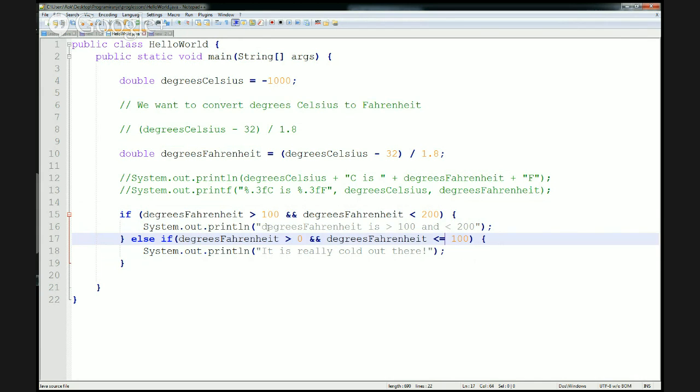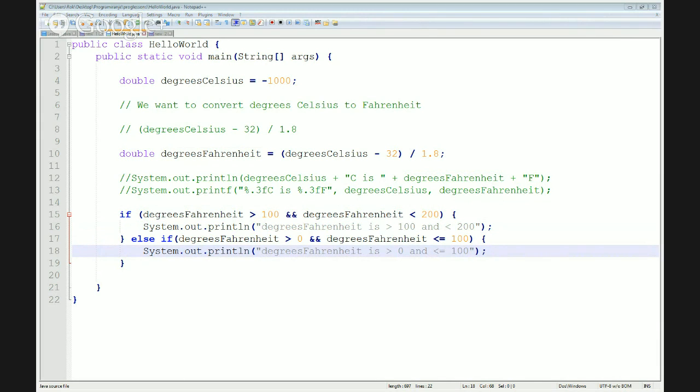So we can say degrees Fahrenheit is more than 0, and it is below or equal to 100. So if we compile this now,